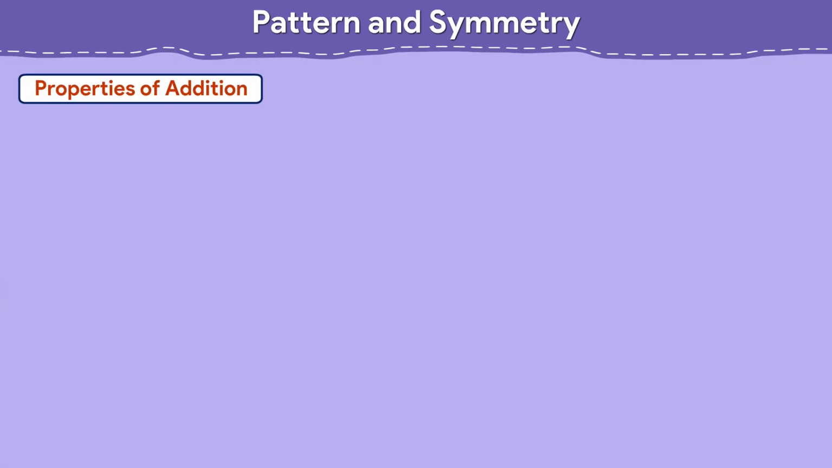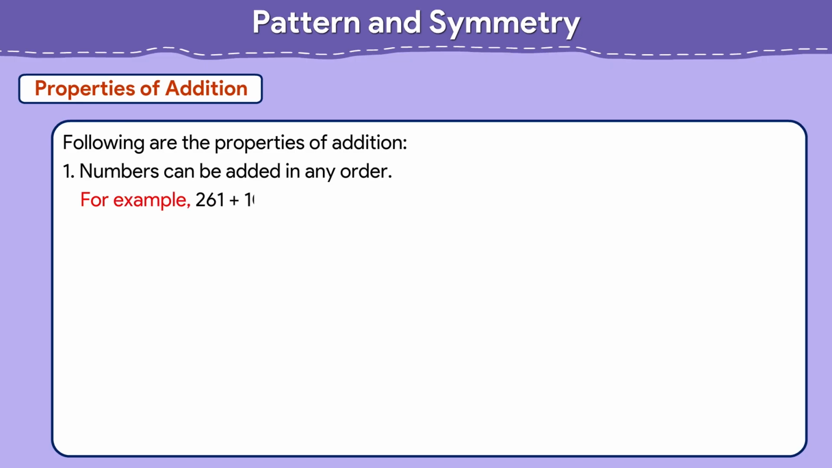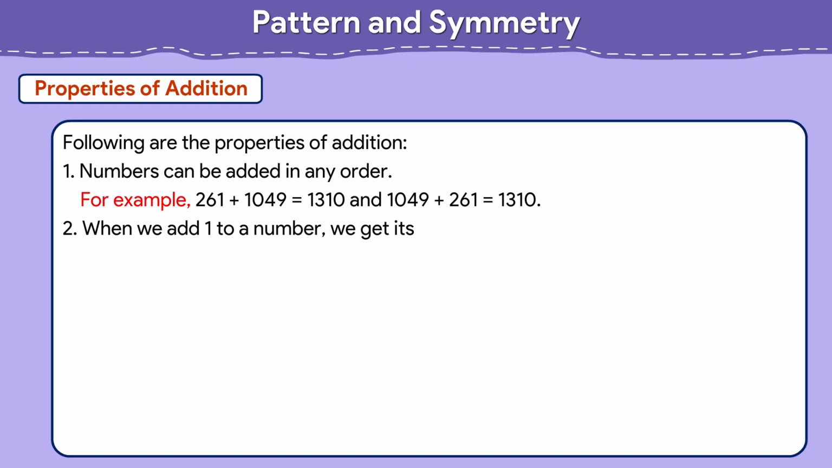Properties of addition. Following are the properties of addition. 1. Numbers can be added in any order. For example, 261 plus 1049 equals 1310 and 1049 plus 261 equals 1310. 2. When we add 1 to a number, we get its successor. For example, 5367 plus 1 equals